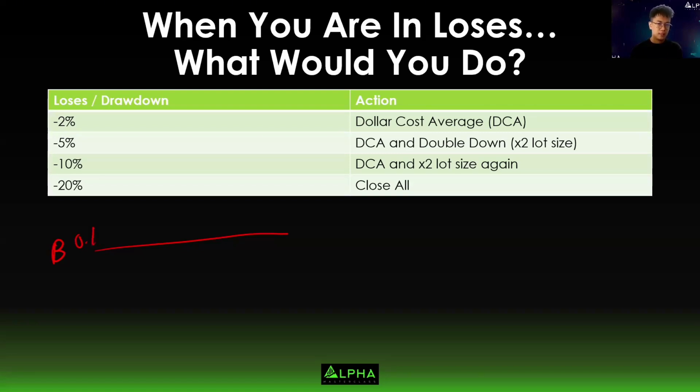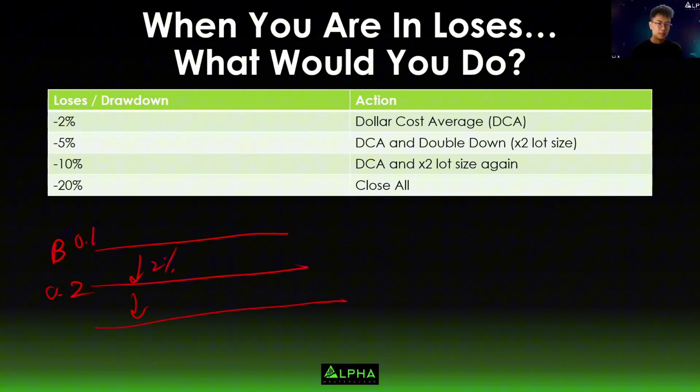Okay, I buy at 0.1. If it goes down by 2%, I will choose to buy again and double up the lot size. I plan to double up the lot size at the second trade. If it goes down again on the third time at 10% loss,